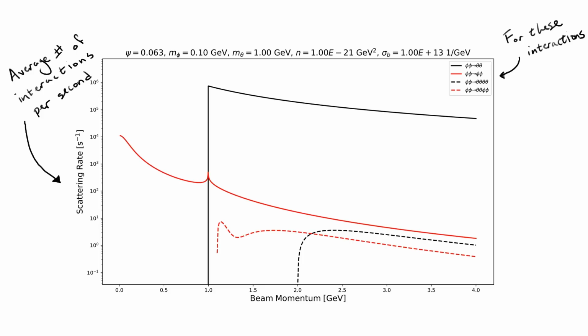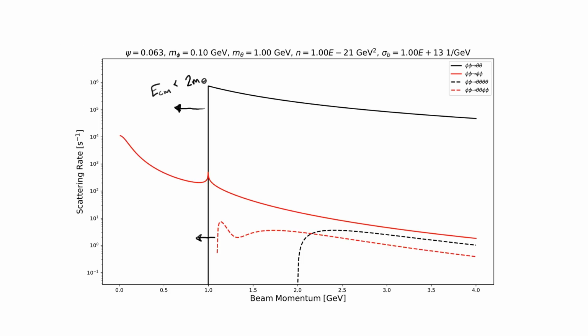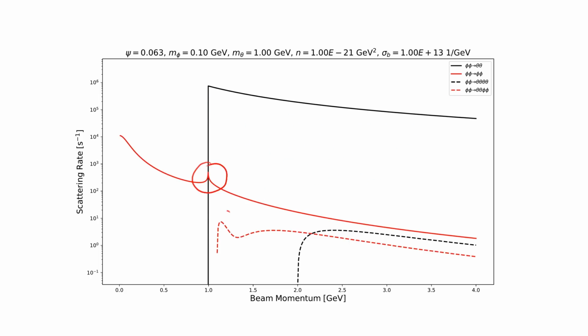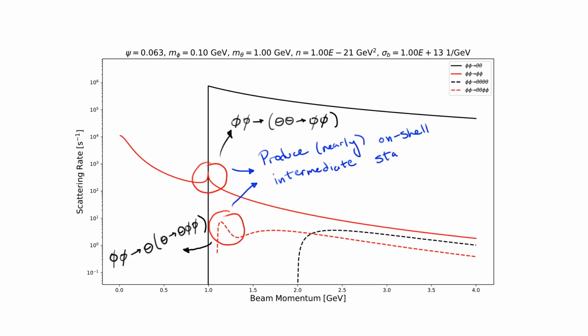We can already see that even in one of the simplest models that we can cook up, some very interesting features arise, like energy thresholds for particle production, which just tell us that an interaction can't take place if we don't have enough energy to produce the final state particles, at least at rest, and these peaks here, known as resonances, where intermediate states are produced on shell, or at least nearly so, only to then rescatter into the final